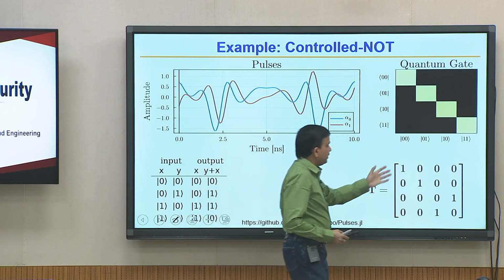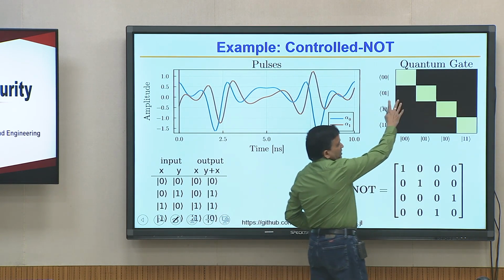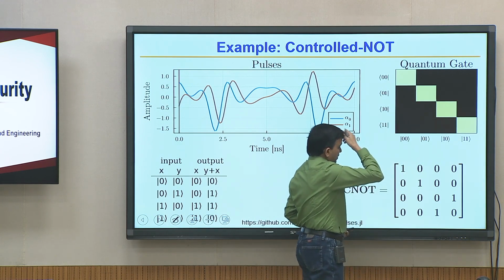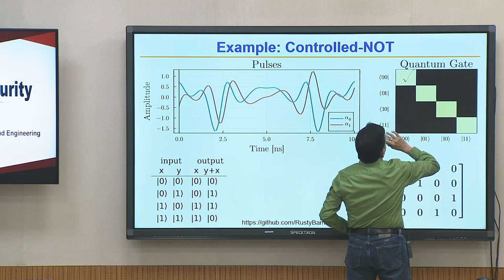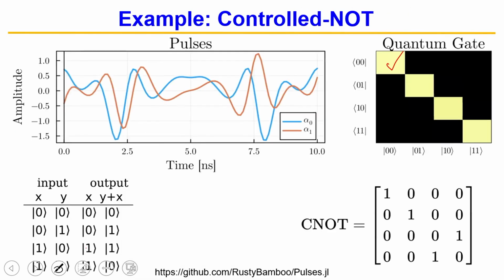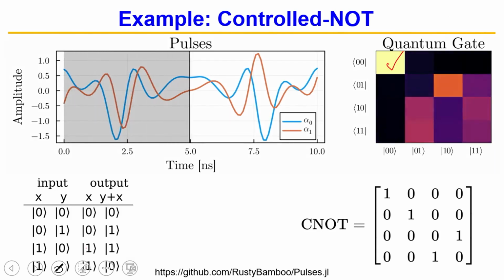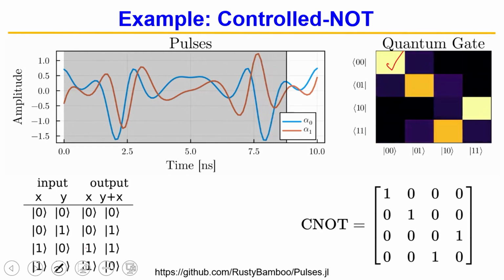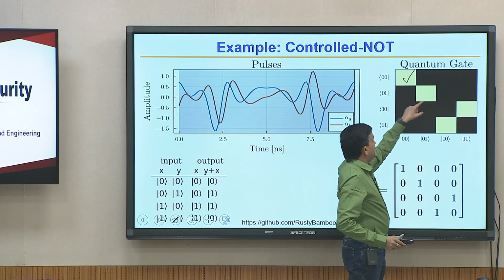If you put it in a truth table, this is what it is supposed to be, and as you see for the quantum gate, if you take a picture, this is what the state situation would be, but what should have happened, this should have been yellow, this should have been yellow. Oh, it has already started, let me go back. So, what needs to happen is these pulses will generate, and when pulses generate, you will see the transformation happen in the qubit. Of course, we are measuring the qubit, knowing what is happening, and eventually if it is working correctly, most of the time it does not, then it should match exactly the expected behavior.